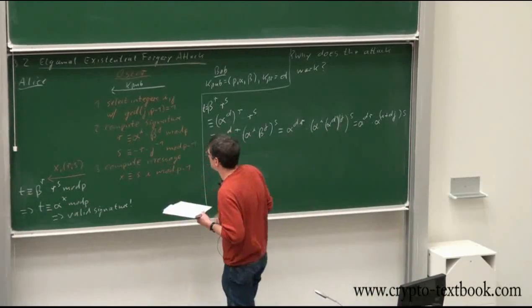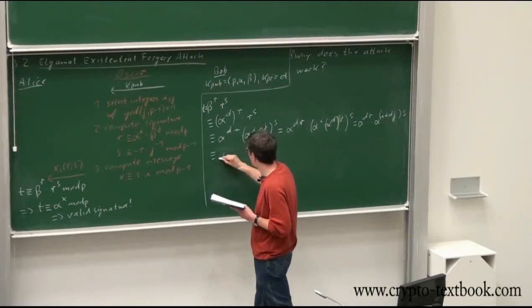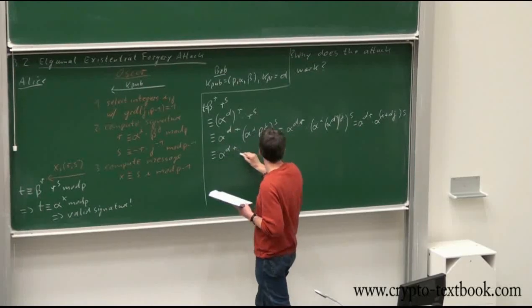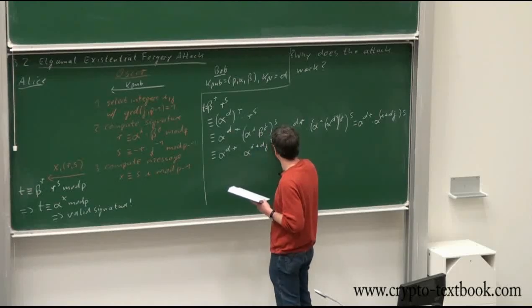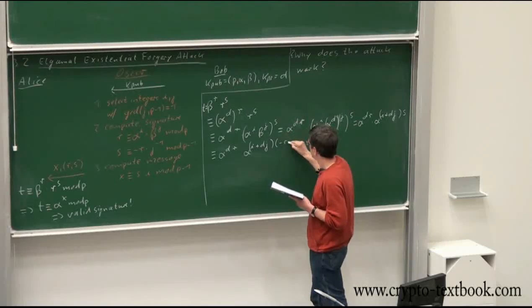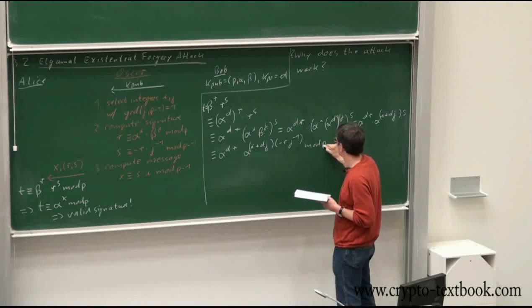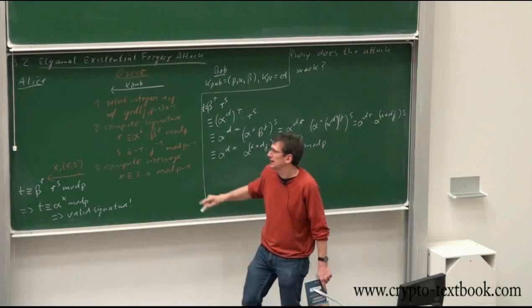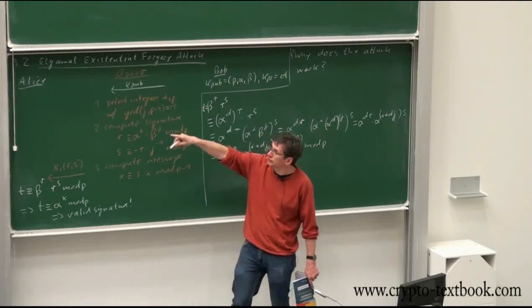S was minus R times the inverse of J. And again, S is the inverse of J mod P minus 1, but this is the proof we showed before